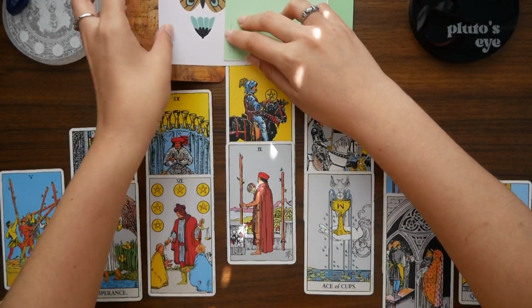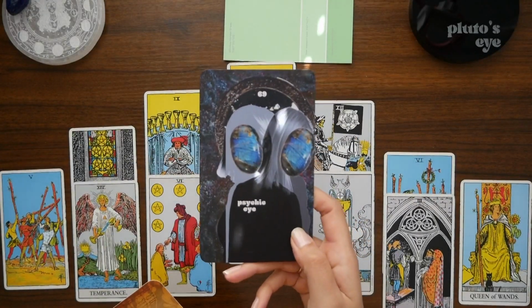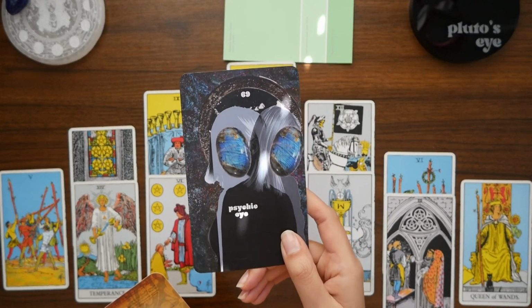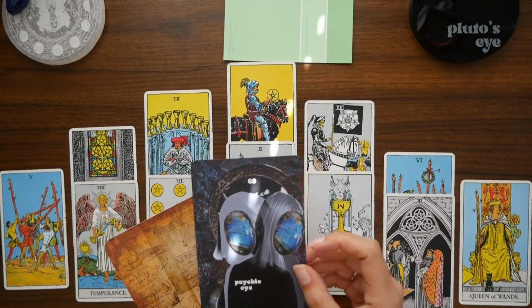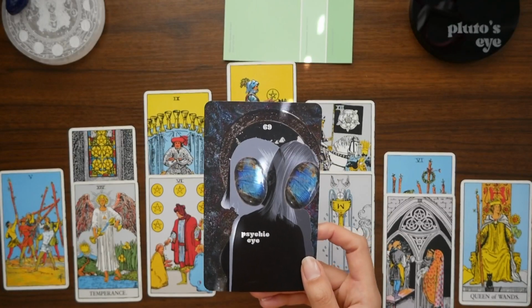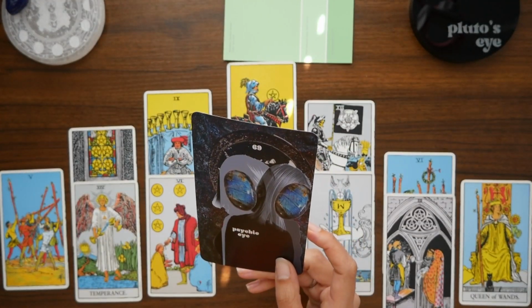It's a very bold trust, which is beautiful. Psychic Eye. This is one of your oracle cards, Psychic Eye, which we have labradorite here, so that might be a crystal you want to consider. This feels very much like inner knowing